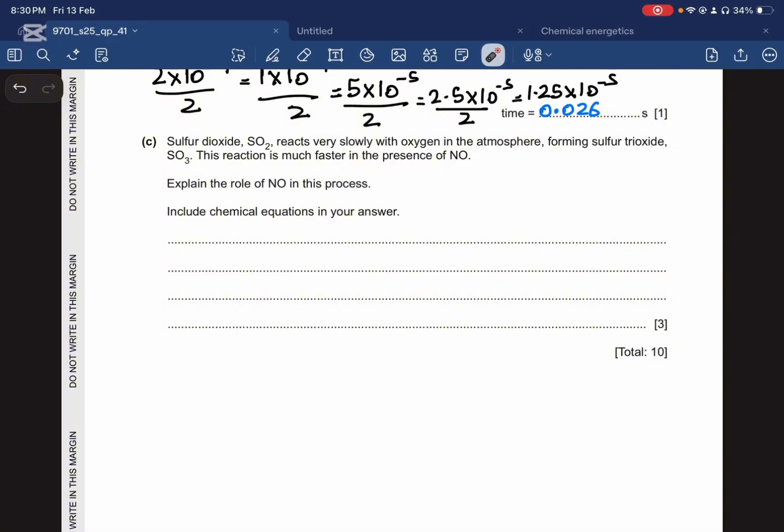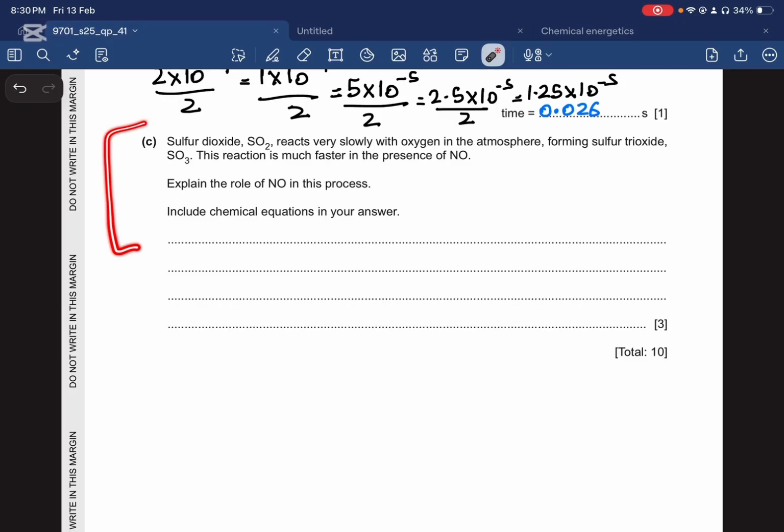Right, part C. We have sulfur dioxide, which reacts very slowly with oxygen in the atmosphere, forming sulfur trioxide, SO3. This reaction is much faster in the presence of NO, or nitrogen monoxide. If you're confused, where did you learn this? You learned this in AS,